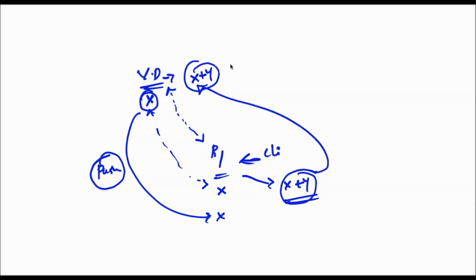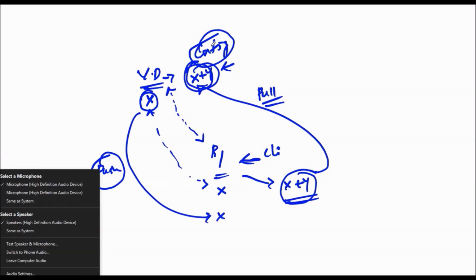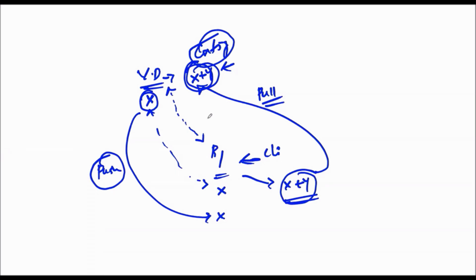So now the database for the branch one will be X plus Y. This is nothing but the pull operation. This one is only for the config, not for the templates. For example, after that, we have synced the configuration from the device. We got the configuration in Director as X plus Y.